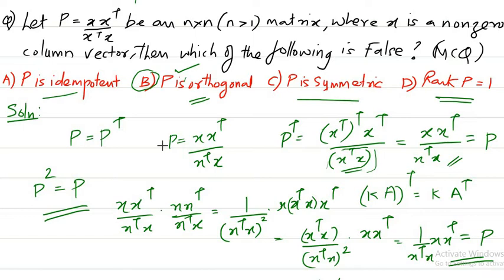Okay, so let's go to the next interesting question which we are going to do. So as I told you, when we solve this problem, we are done in two ways. First thing, I've told you how to do it fast, right? What I did is basically I just got hold of the idea of rank, and the rank of a matrix, when I could say that it is 1, I could directly tell that the determinant is 0. Hence I suggested this option is wrong, and since it's an MCQ, I am done, right? But if it is MSQ, we have discussed how to do it. Okay, so we'll move on to the next question.